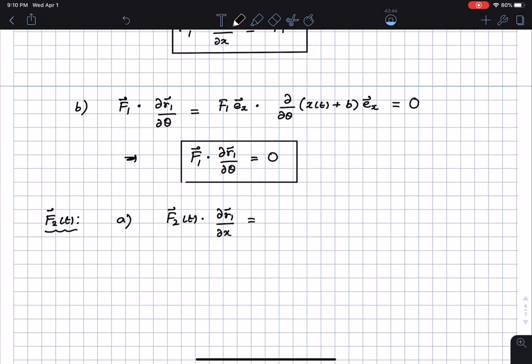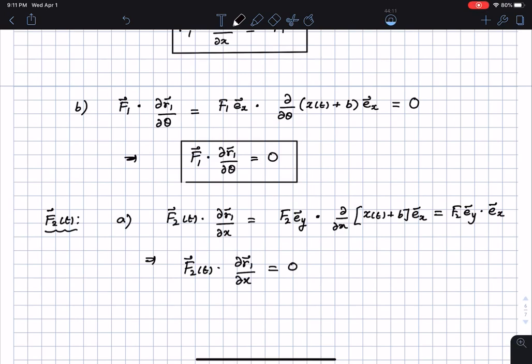This is going to be F2 ey dotted with d by dx of x of t plus b ex, which is going to give me F2 ey dotted with ex, which is 0. So F2 of t dotted with dr1 by dx is equal to 0. This is once again not a surprise because the force F2 is acting on the pendulum, and so this is obviously not going to directly affect